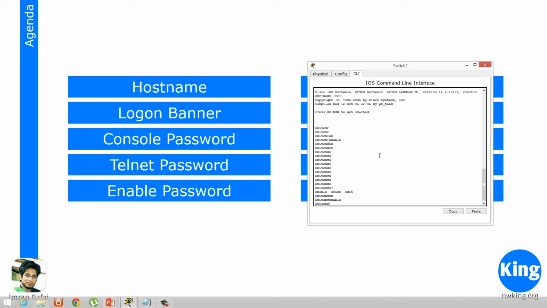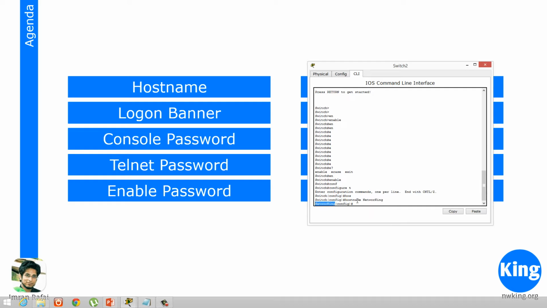Now host name is a change that is applicable to the whole device, so it has to be made from the global configuration mode. So we go into configuration mode by typing configure terminal. You could, like I said, make use of the shortcut conf t, which is config terminal. So I would go here. If I want to change the host name, I type hostname, and then let's say I put Networking. So if you can see, my host name got changed to